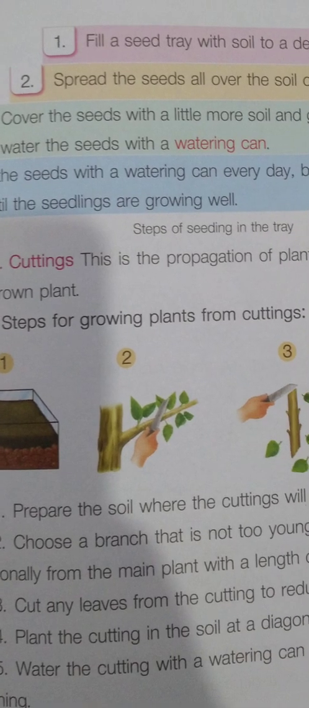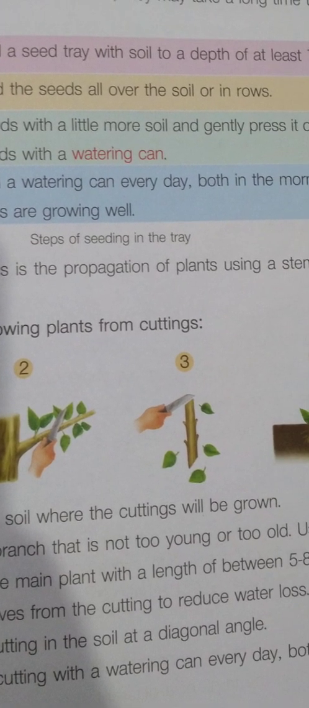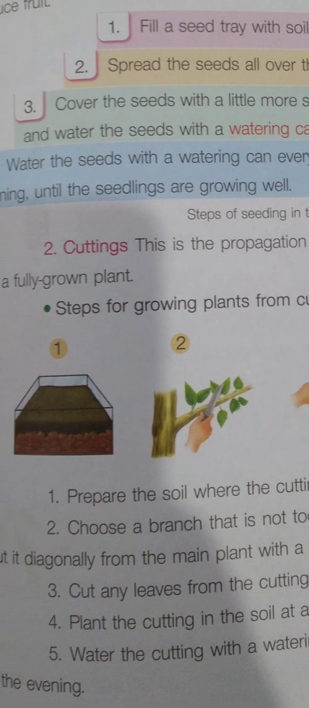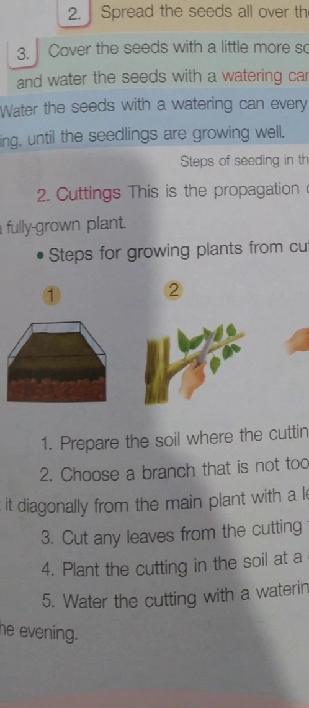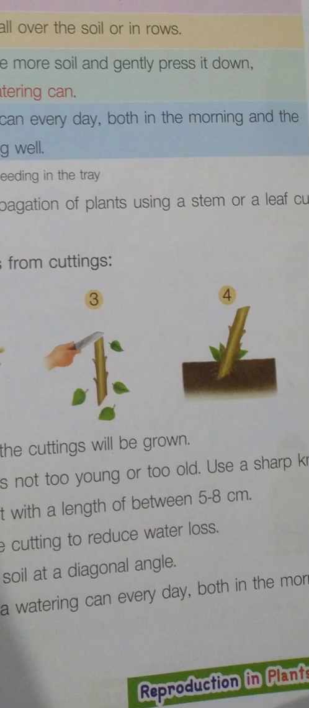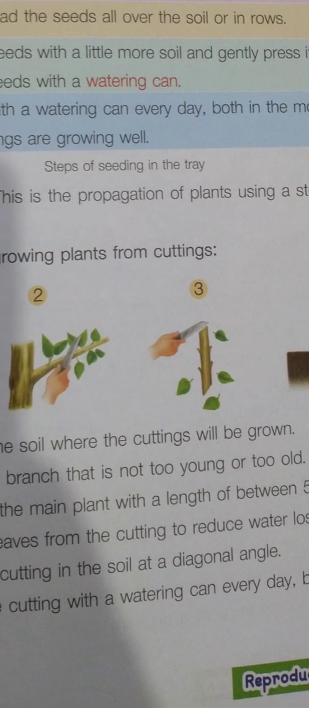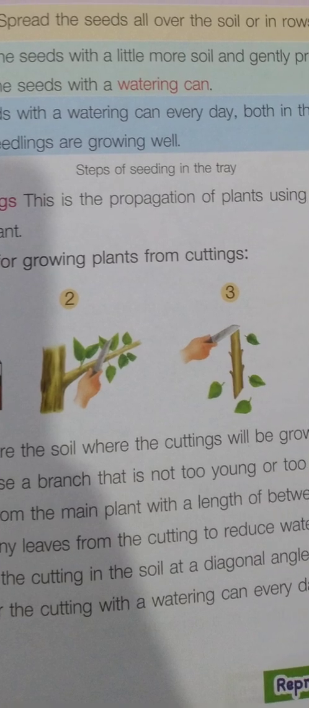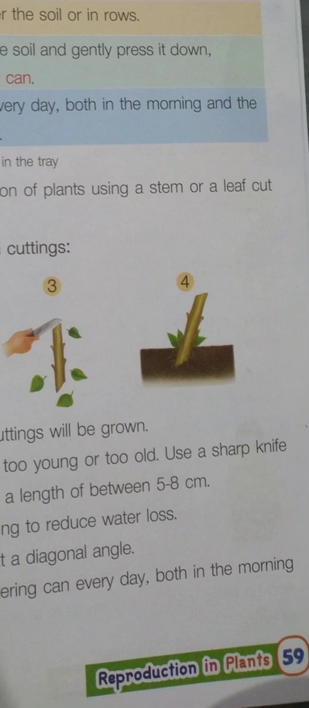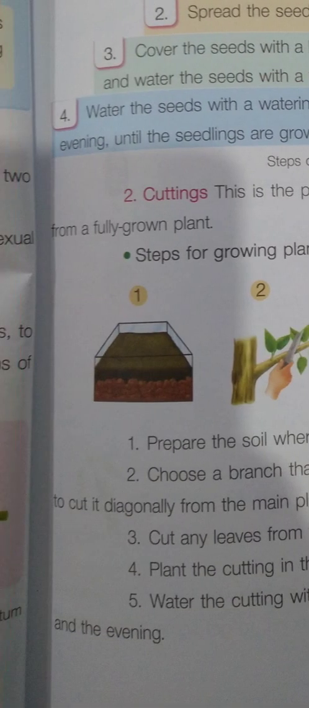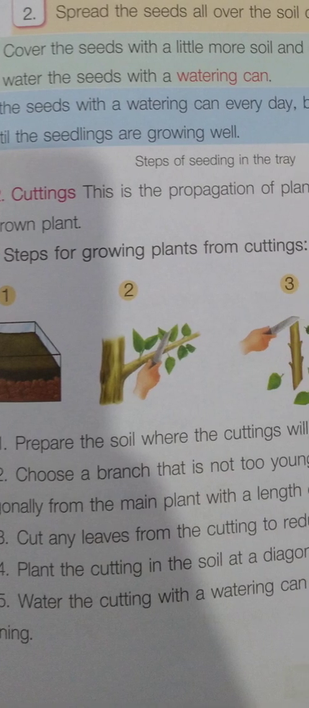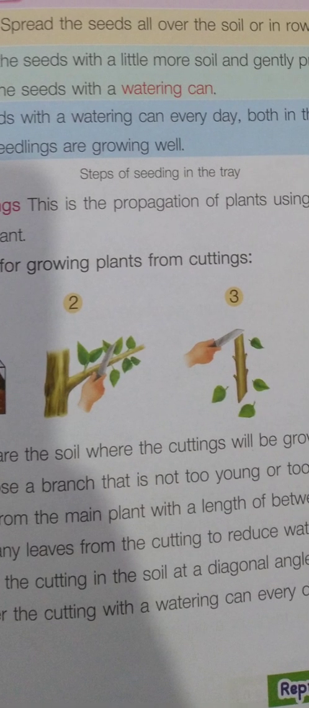Prepare the soil where the cuttings will be grown. That's number one. And then number two, look at the picture number two. Choose a branch that is not too young or too old. Use a sharp knife to cut it diagonally from the main plant